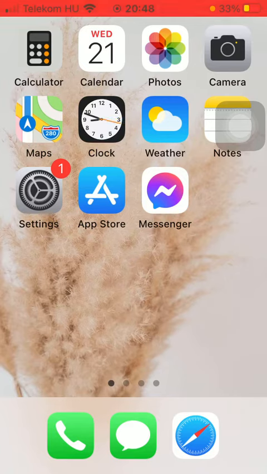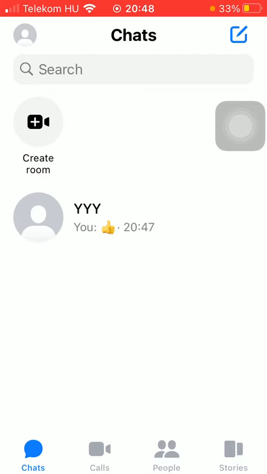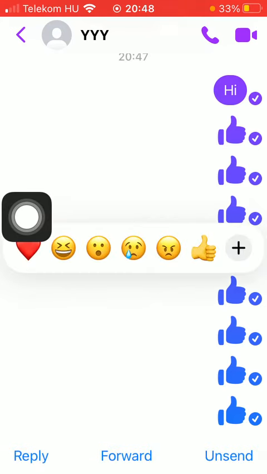So let's jump into it. First of all, open the application on your phone, then tap on the chats icon down below, which is the first option, and then select a person that you have sent a message to, so click on it, and then select the message that you would like to delete, so click on it, and then tap on the button unsend